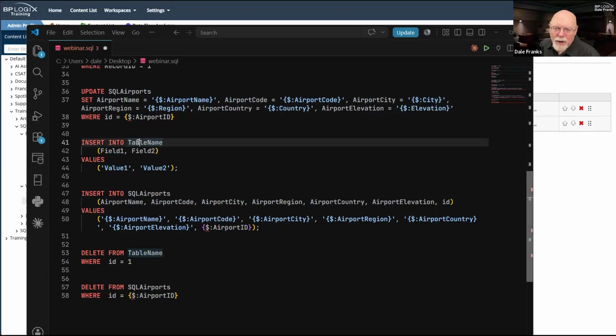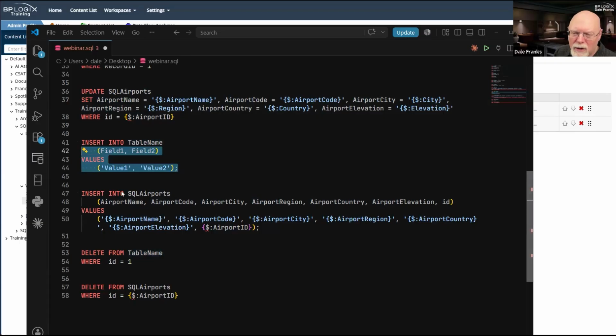Insert into table name. Good so far. And now we're going to do this weird stuff here. I have to use these parentheses to list my fields. Field 1, field 2, field 3, so forth, whatever. They do have to be separated by commas.